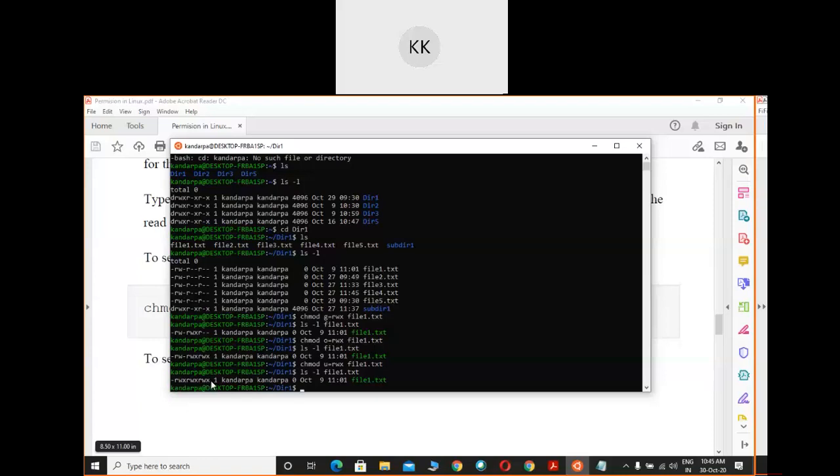Okay, is it clear how you are going to change the permission? Up to this part, anyone have any doubt? Please let me know. What is permission, why we need the permission, and how to change the permission. These three questions, are you able to answer them or not? First of all, what is permission? Second, why we need the permission, and third, how the permission is to be changed. Are you able to answer the question, everyone?